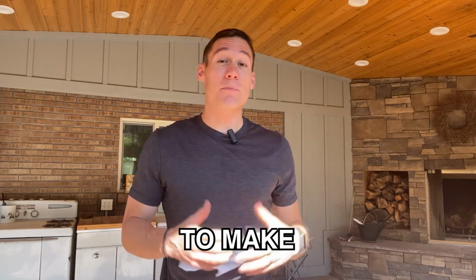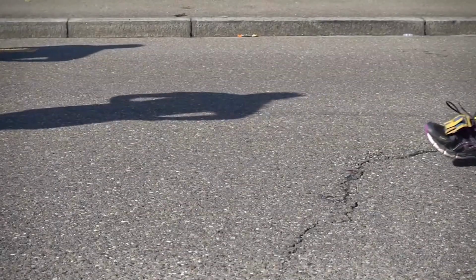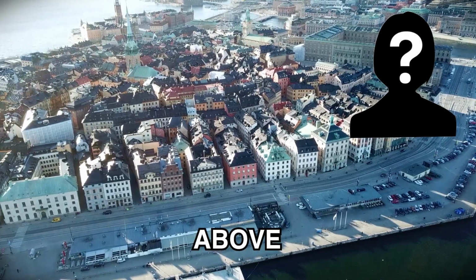So it's harder than ever to make a lot of money on Airbnb. And the competition is fierce with the number of increased hosts all doing the same thing. So it's blending together and diluting the average host profits. But today I'm going to show you, with the help of a friend, how to rise above all these average